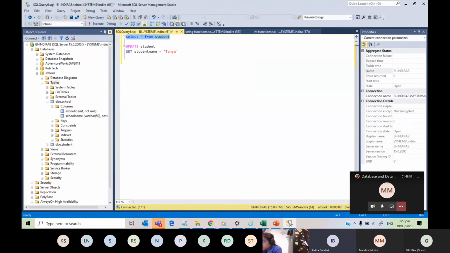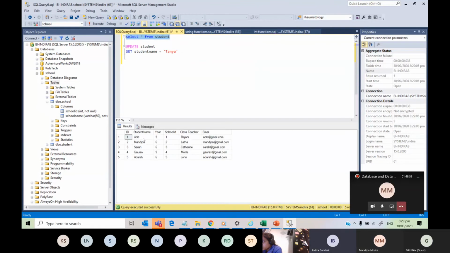Okay, I'm seeing the data. So I want to change this name Aditi to Tanya, just for example. If I write this and if I run this, what will happen? Any guesses?